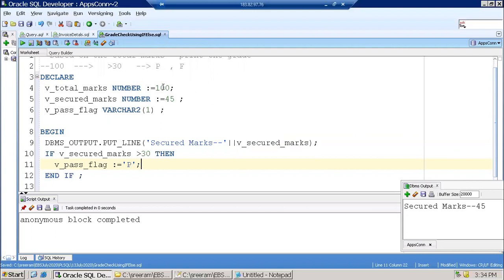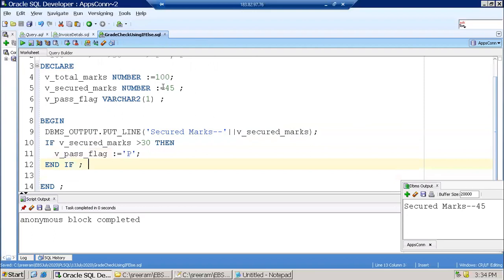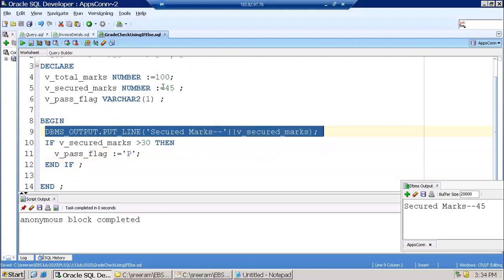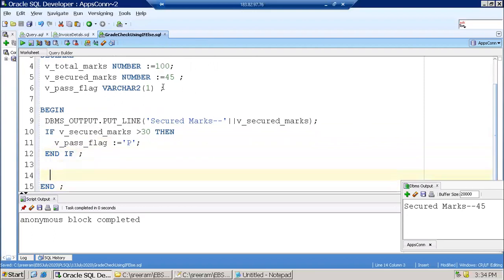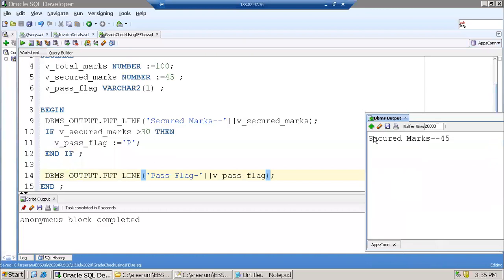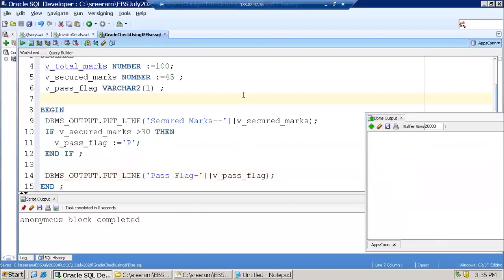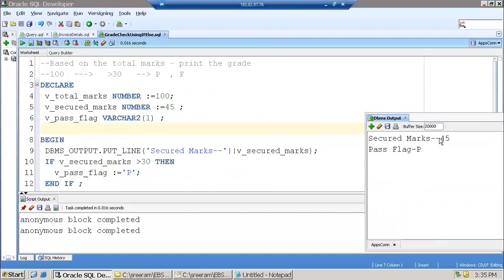Is it okay? Yeah. Now let us print the v_pass_flag. Let us see whether this works out or is any bug. Now secured marks are 45, so it is printing the pass flag as p.